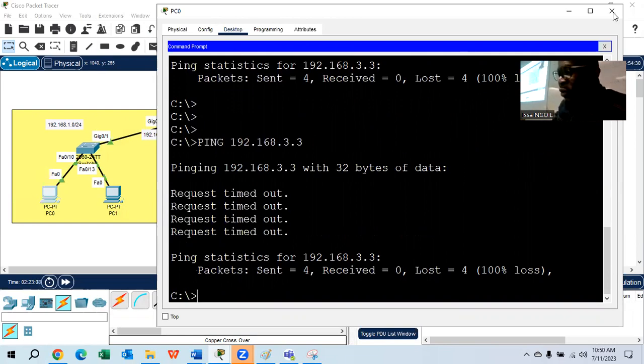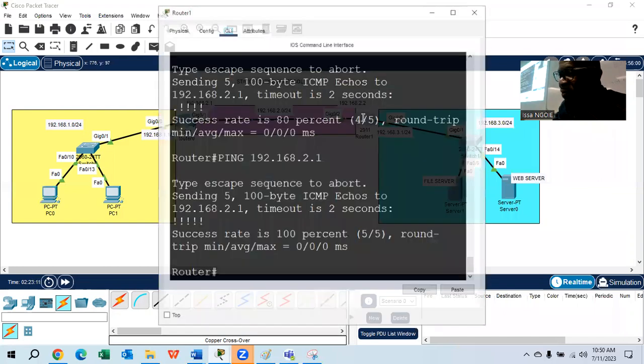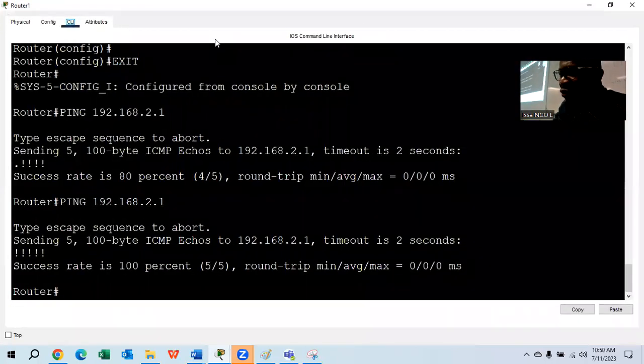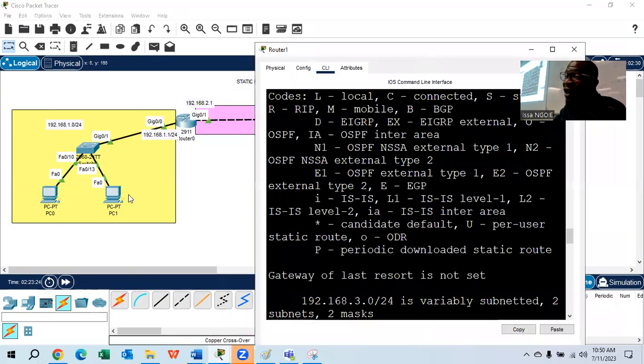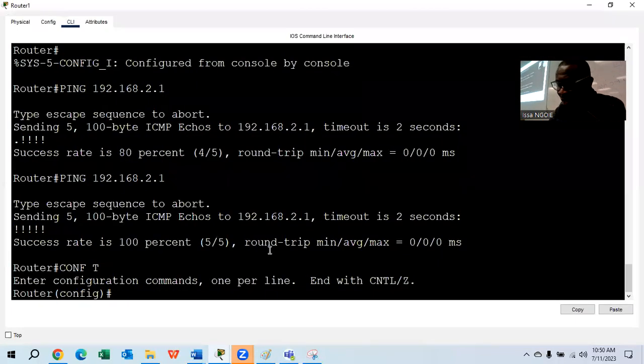Now let's go to router number 2, the second router. Conf T. Now we're gonna configure the IP route. Which network do we wanna reach? The yellow network. This is the one we wanna reach. It's 192.168.1. Via which interface will my data come in? Via what? This IP, 192.168.2.1. So now we're gonna say IP route